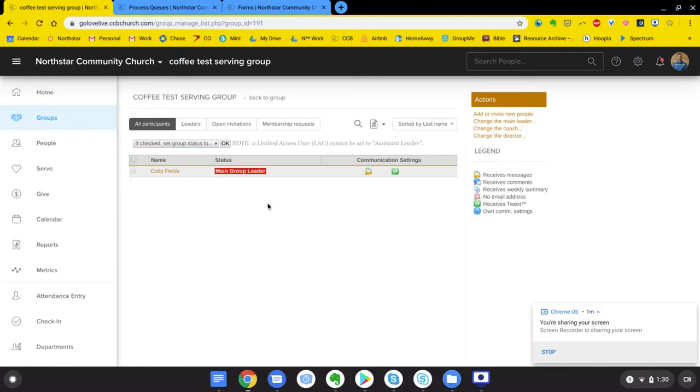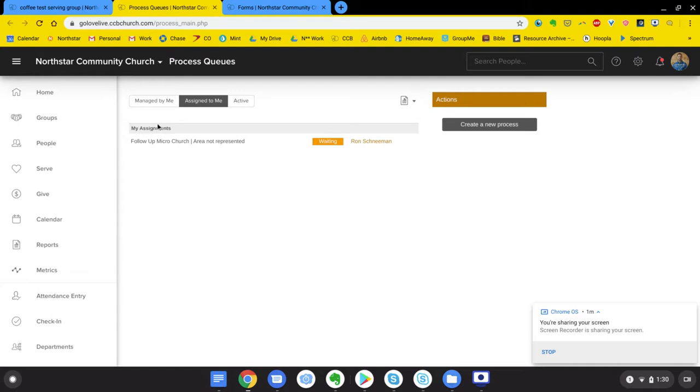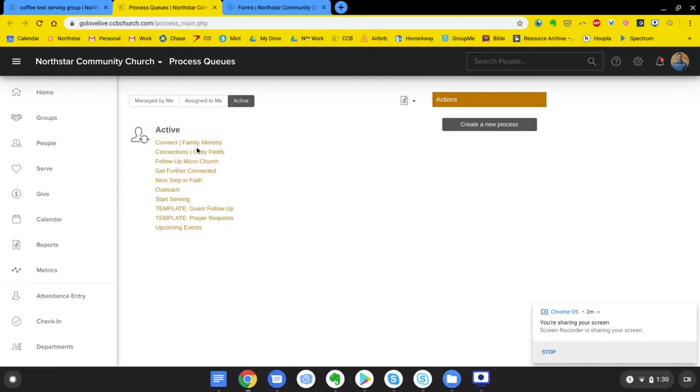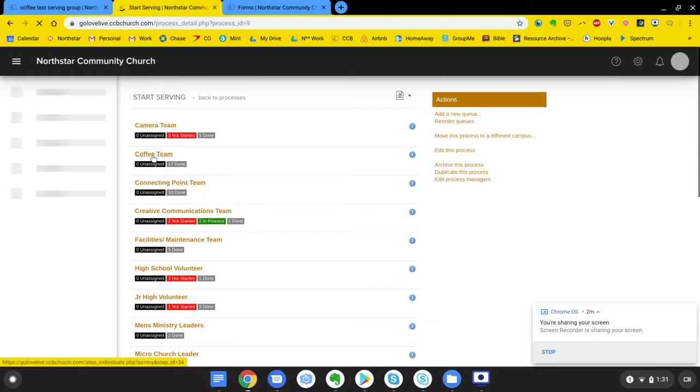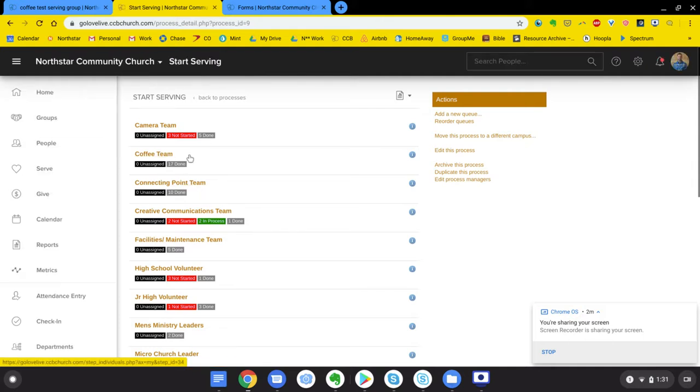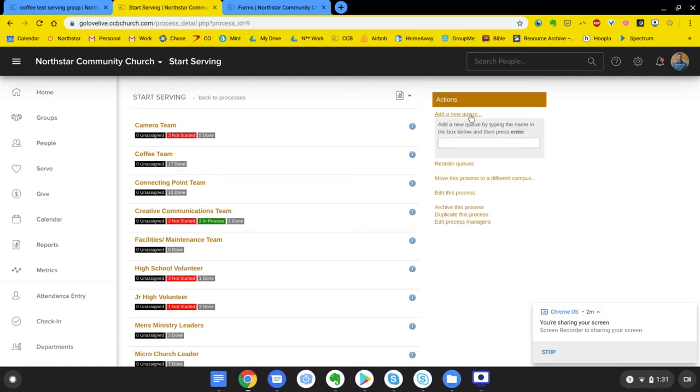After you have set up the group, your next step is setting up your process queue. So now I'm here in process queues and I would go to all active groups and as you can see, I have micro church process queues, people taking their next step in faith, people starting to serve. So I'm going to go under start serving. And as you can see, we have a coffee team here, but I'm going to make another one. I'm going to click add new queue over here on the right-hand side,